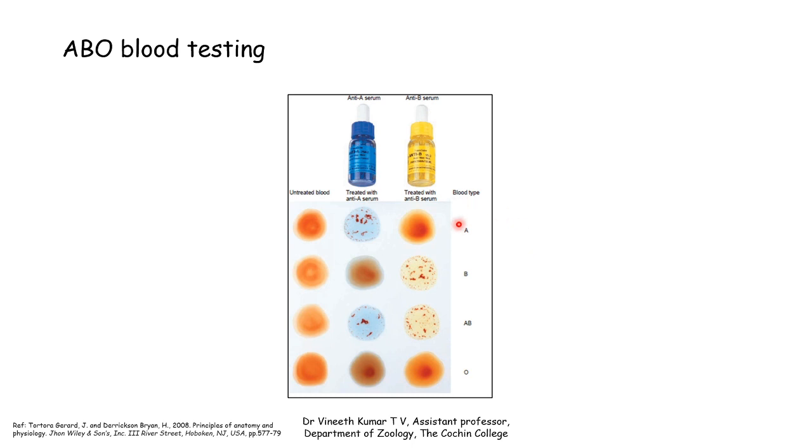And as I said, in normal cases there will be one more bottle for Rh, which is usually represented as the D antibody. So you take one more drop of blood and add this antibody. In this case, in the fourth drop, if you have coagulation or clumping, you can assume that the blood is Rh positive, and if there is no clumping or coagulation, the blood group will be Rh negative. So this is how the blood grouping test is done routinely.